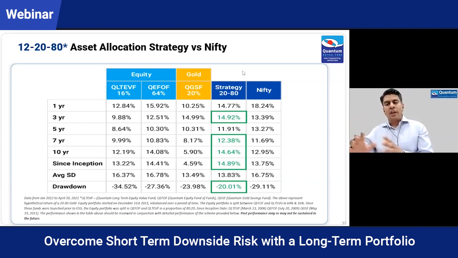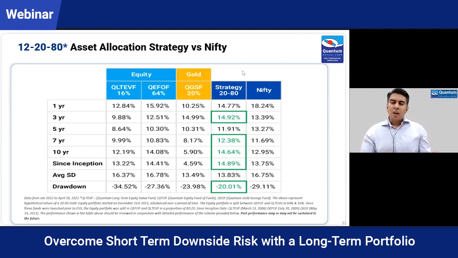The 2080 strategy is a very long-term diversification strategy. If you want to build wealth for the long term, which you are not going to touch for 10, 20 years, then the 2080 strategy is the place to be. But if you're looking for alternatives to fixed deposits, then multi-asset comes into the picture. So the objectives of the two strategies, 2080 and multi-asset, are very different.